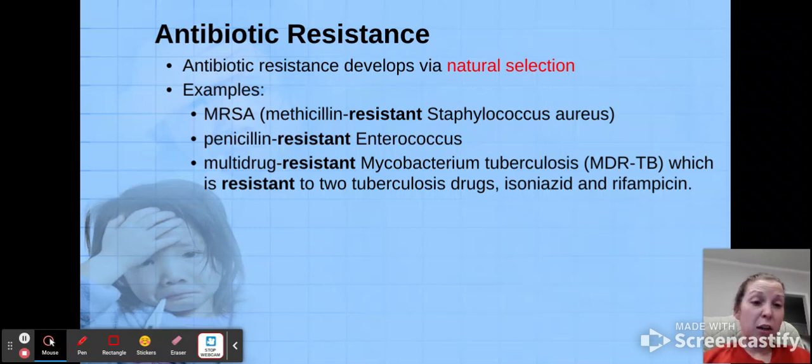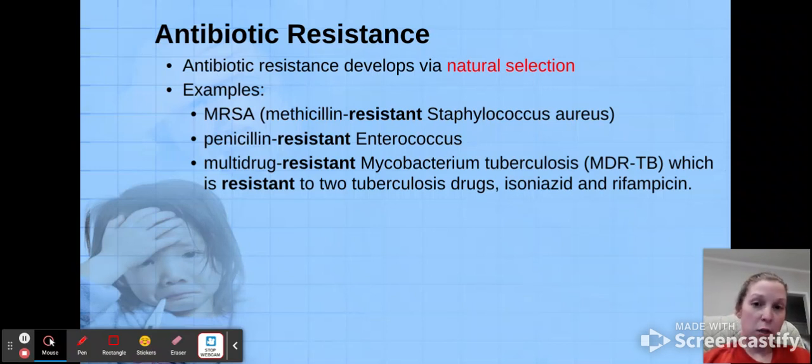So this is a very, very serious infection when you get it, because it's a staph infection, and staph infections are treated with methicillin. This is specifically resistant to that, so that antibiotic will not work. You also have penicillin-resistant enterococcus, and then multi-drug resistant